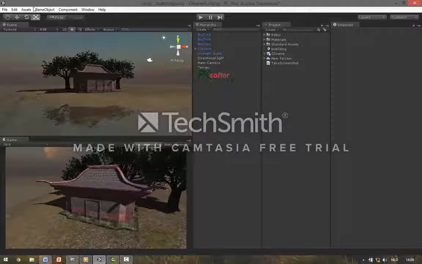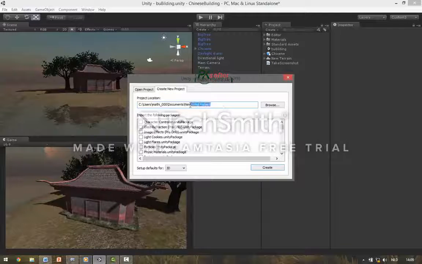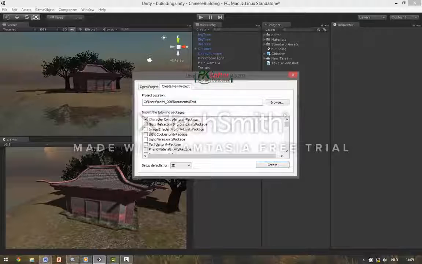So we start by making a new project. Go to File, New Project. Here you can name your project. I'll name mine Test. In this section you can import the pre-made packages which come with Unity. For this video we'll import the character controller,